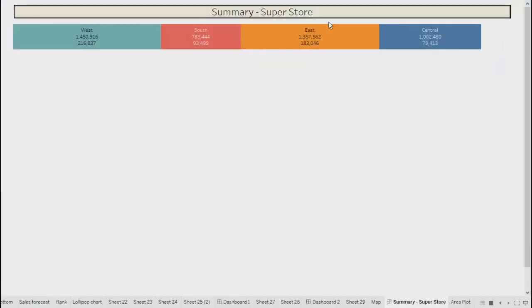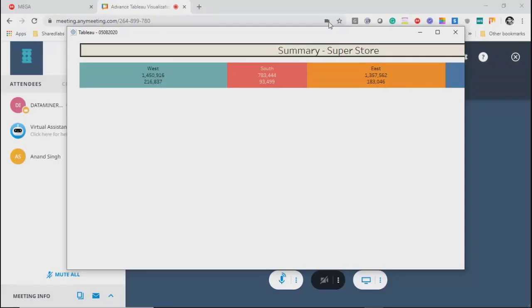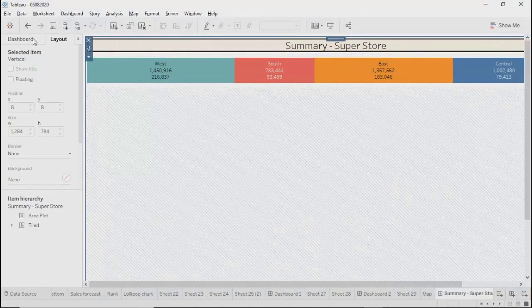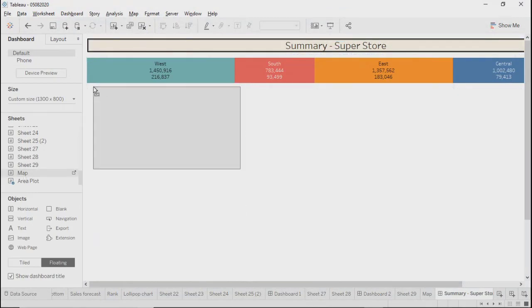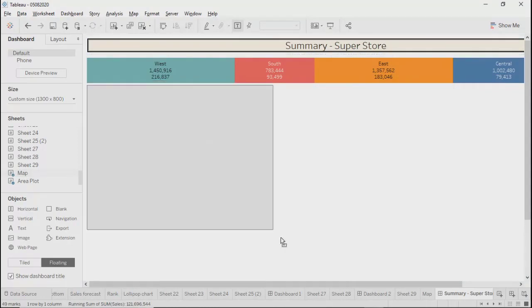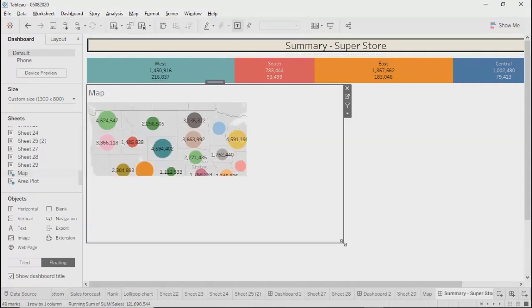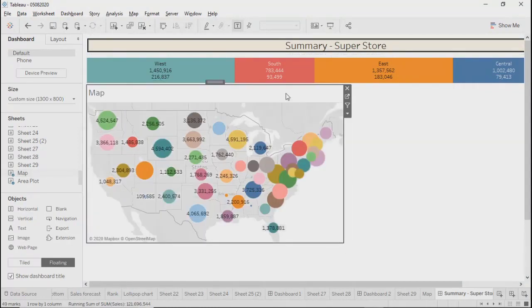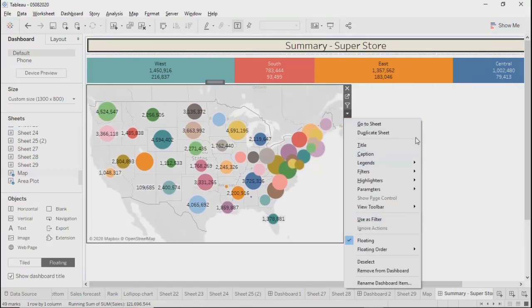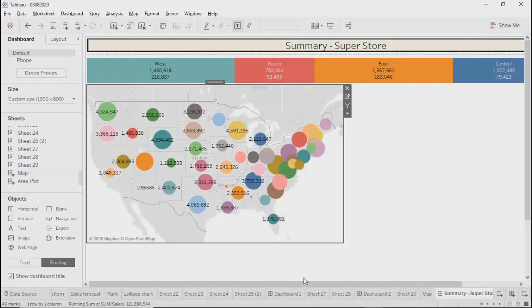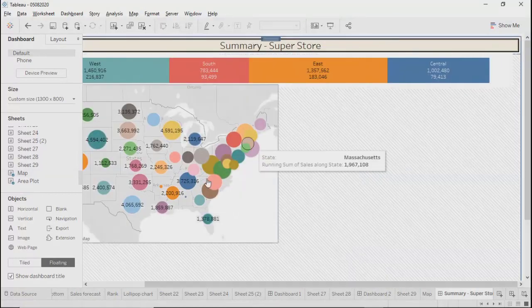So on dashboard or top, you will get this number as it is. Correct? Now, the next thing, we can take some, let's say, map over here. Don't need title. And we'll say fit to. For map, you don't get fit to width. So that's fine.